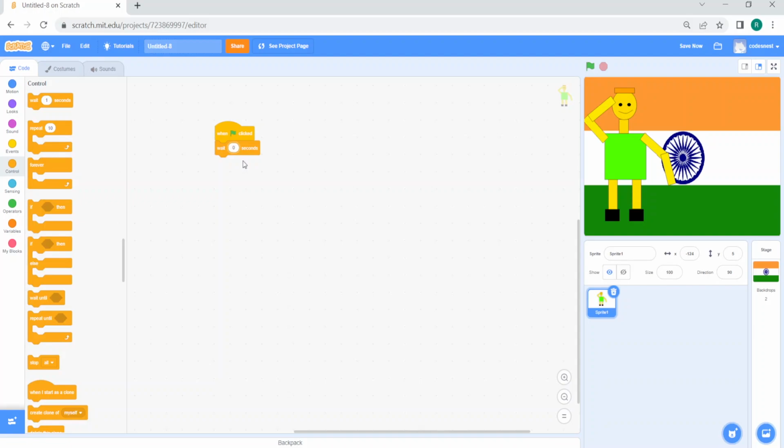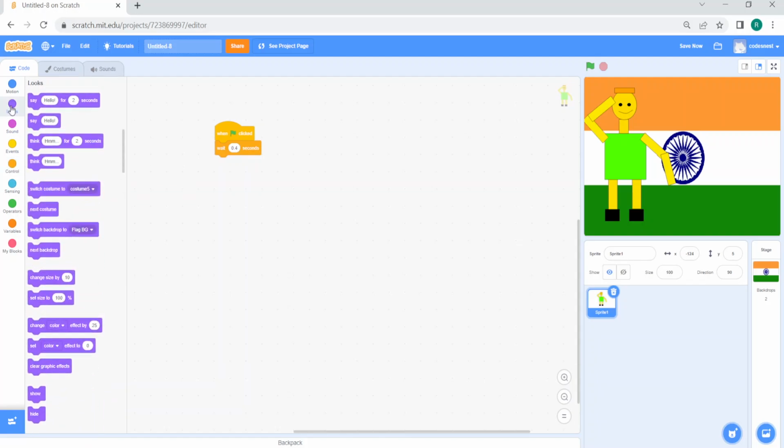Please make sure it is 0.4. Okay, so after that we will go to the looks tab and switch costume to costume number 2,